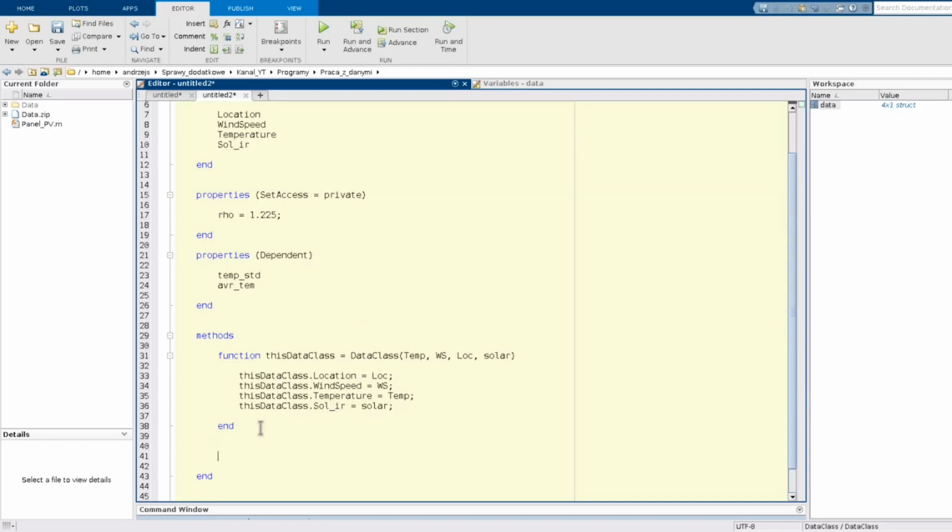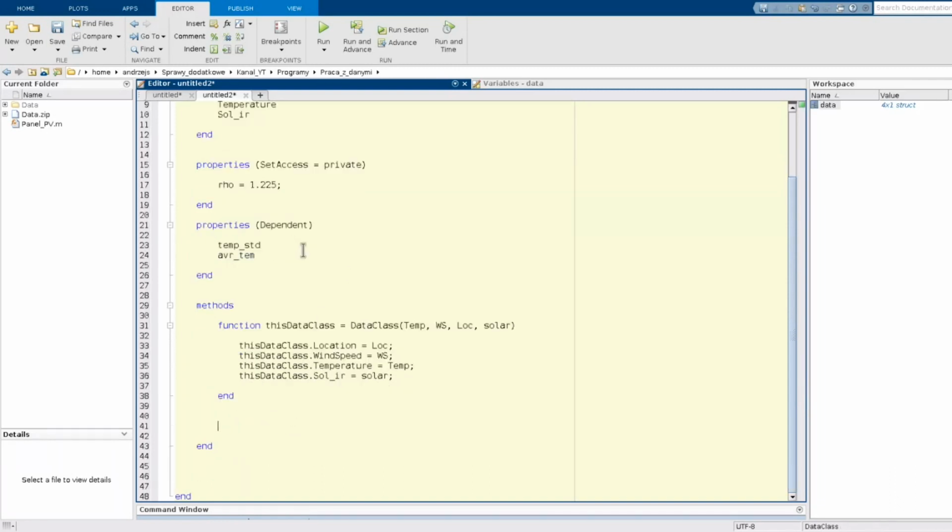This is a difference between MATLAB and, for example, Python, because in Python all the computations I would like to perform during creation of my object would be in a constructor. But here in MATLAB, the computations I need to perform to get the standard deviation and the mean value of temperature, I need to perform in separate functions called getter functions.